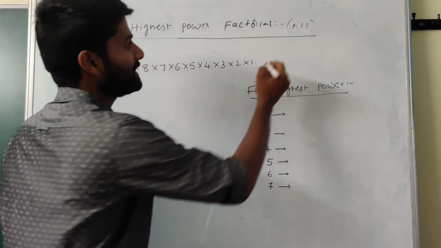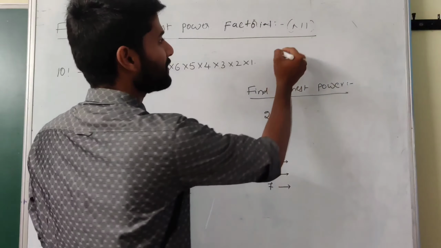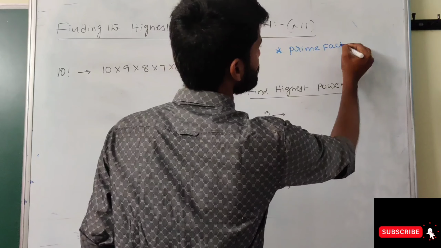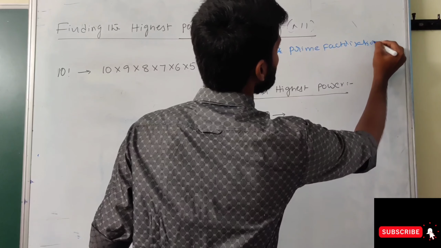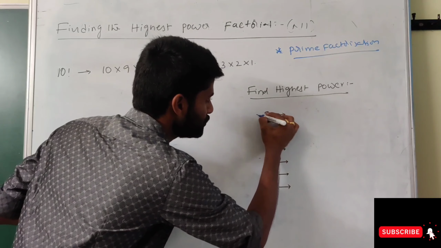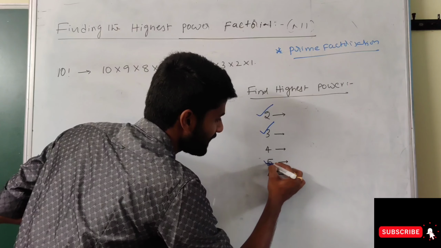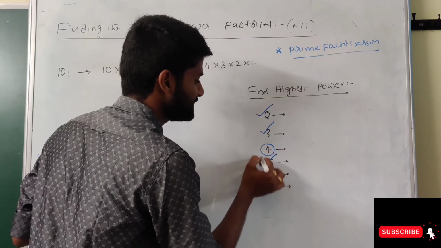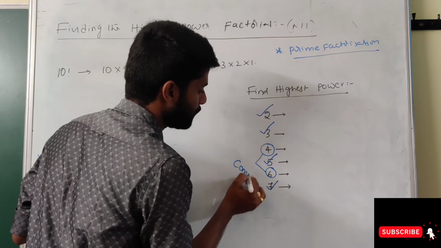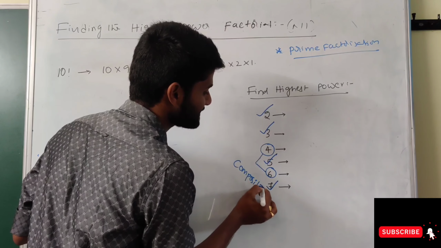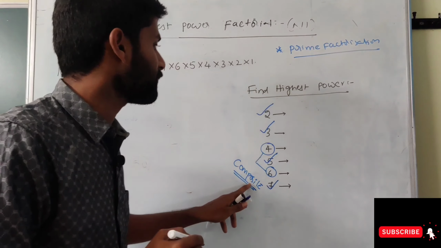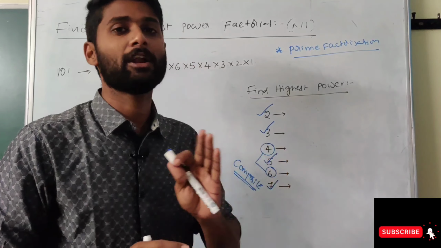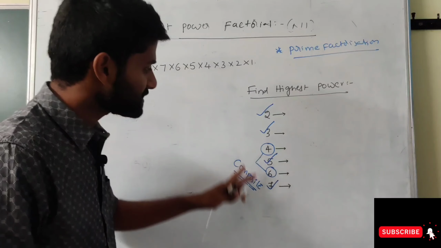Just see, we know that the factors must be prime numbers. Why? Because the concept always deals with prime factorization, so focus on prime numbers. 2 is a prime number, 3 is a prime number, 5 is a prime number and 7 is a prime number. And 4 and 6 we can call composite numbers. Except 1, the numbers are a combination of composite and prime numbers. Why? Because 1 is neither a prime number nor a composite number. So this is the first part.